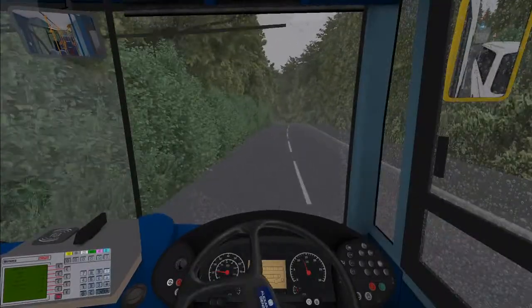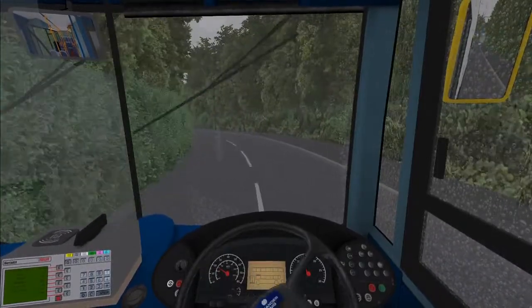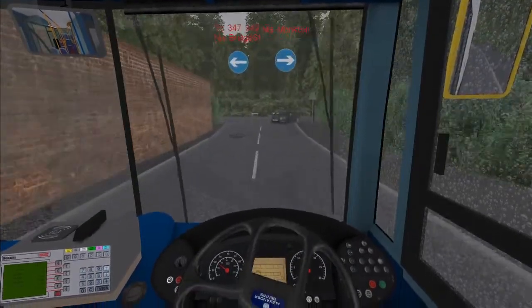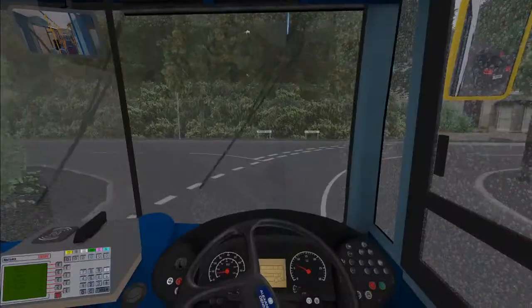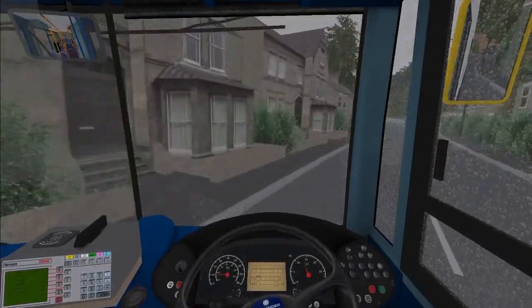Yeah, these bushes seem a bit too close to the road now. I'm like, no, this is... Okay, Nice, Moncton, Nice, Bridge Street. I don't know where we're going now. I don't even know what Bridge Street is. I think it's this way. We might get lost here, so I do apologize in advance, but